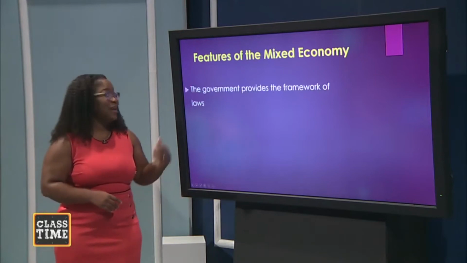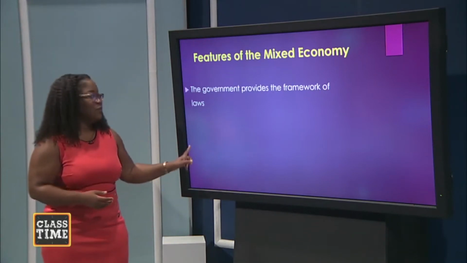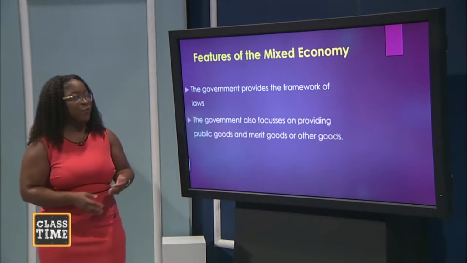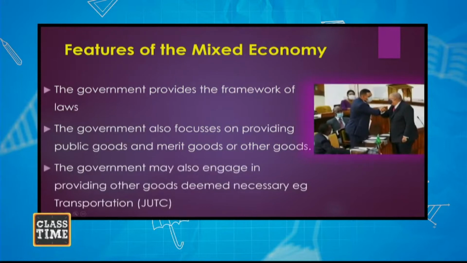So we say that in a mixed economy, the government provides a framework of laws. So let's look at the role of the government first, and then we look at what do firms do. In a mixed economy, the government also focuses on providing public and merit goods. And remember, we established those two concepts before, the concept of public and merit goods. And the government also may engage in providing other goods deemed necessary, for example, transportation, or they may subsidize